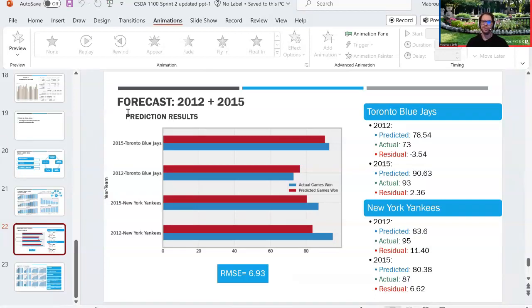Unfortunately for New York, it did not perform as well, but it still performed fairly well. And overall, the model had a root mean squared error value of 6.93 on these predictions, which is pretty